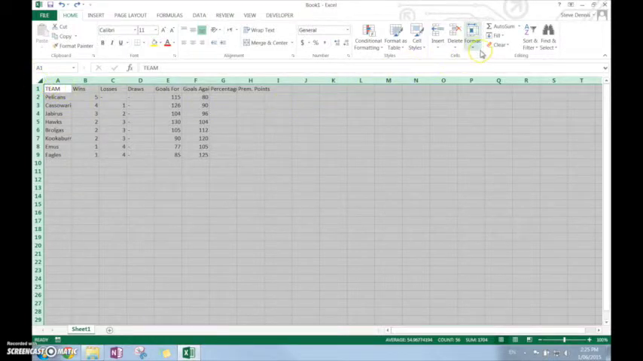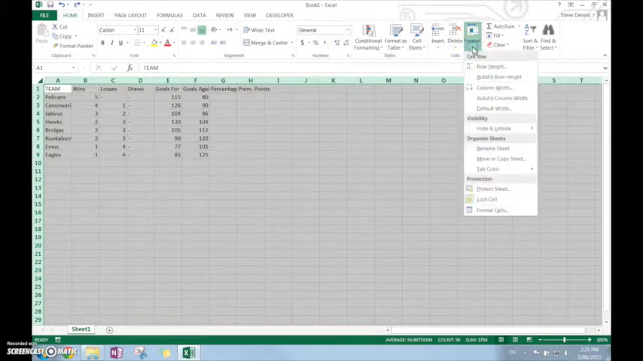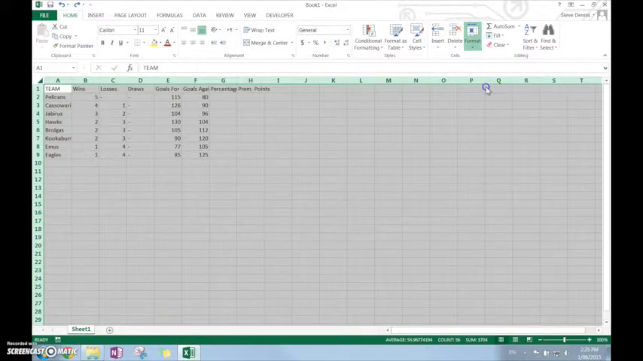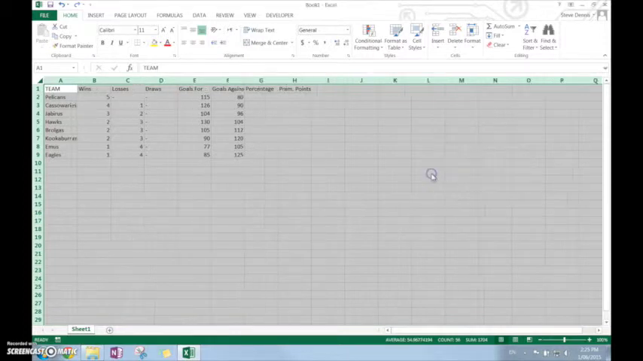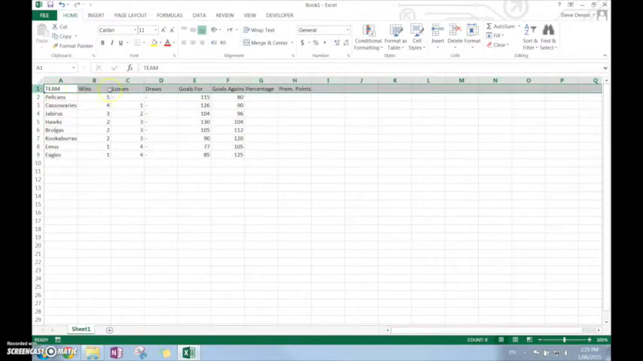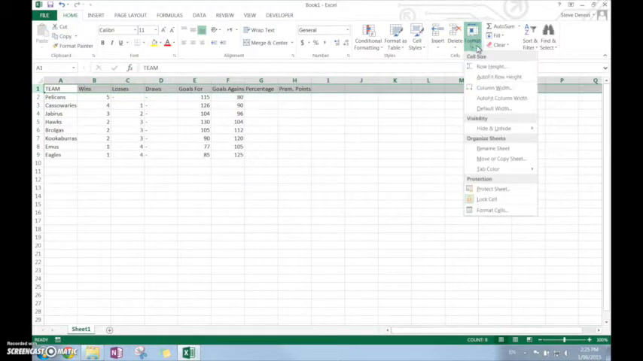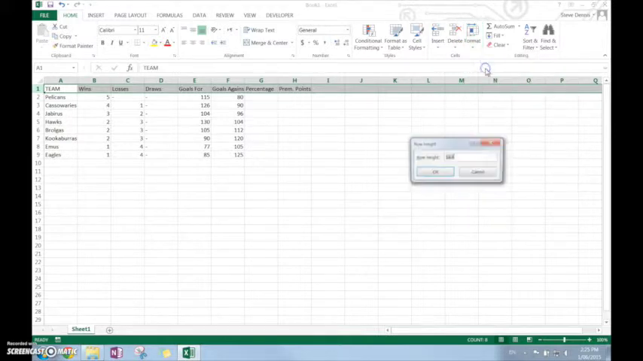What I'm going to do now is go over to Format, and I'm going to select the column width, and by default it's 8.11. I'm going to change that to 10, which will allow all the text to fit pretty much. And I don't like the first row. What I'm going to do is change that, increase the row height to about 20,